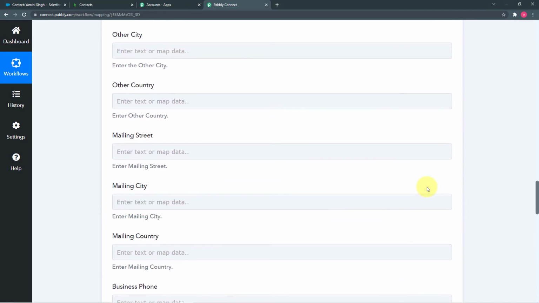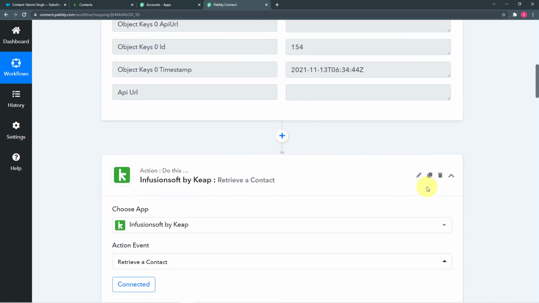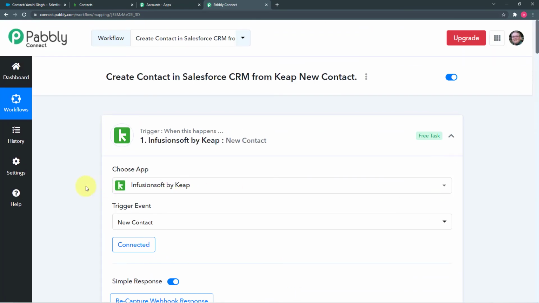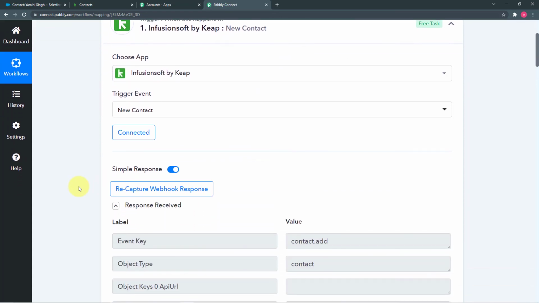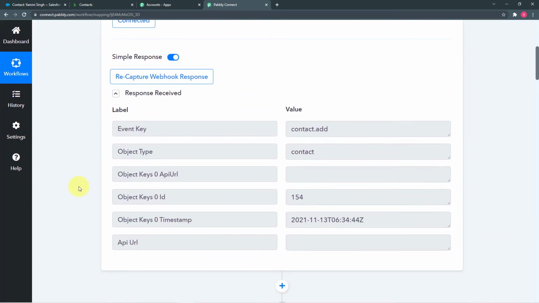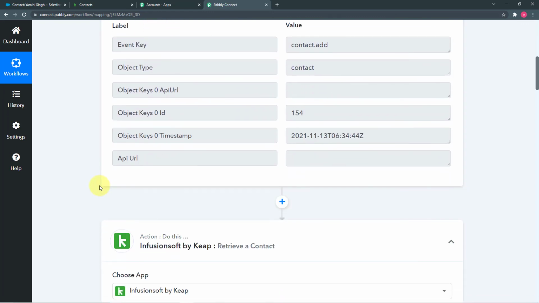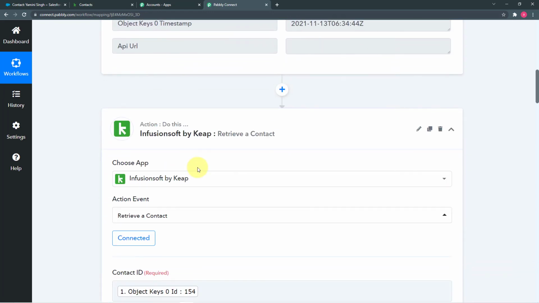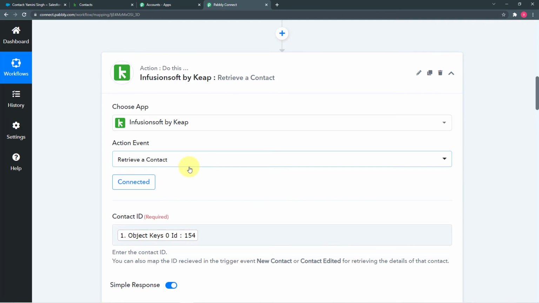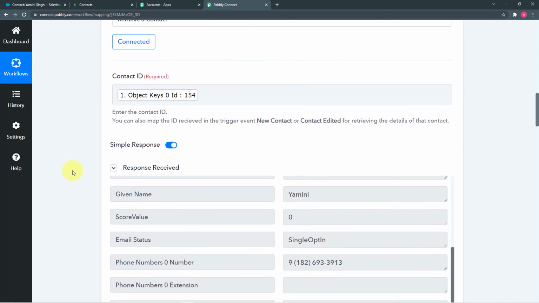Let me give you a quick recap of what we have done here. First of all, in this trigger window, we connected Keap or Infusionsoft application. Then we captured the response, which shows that a new contact is added in Keap, but it did not show us the details of the contact. So to get the details, we connected Keap application again and retrieved a contact to get the details like this.